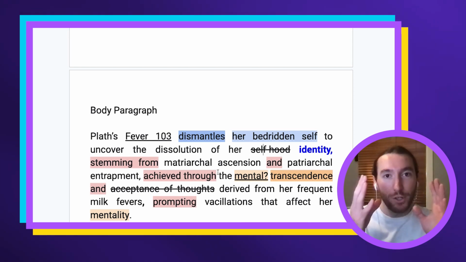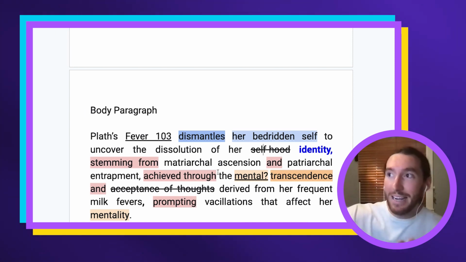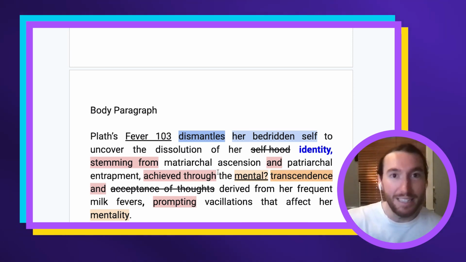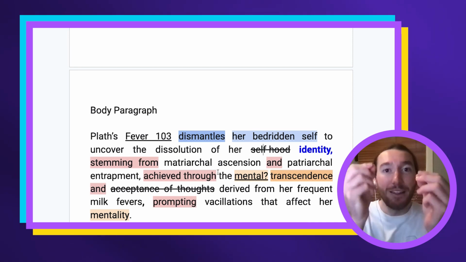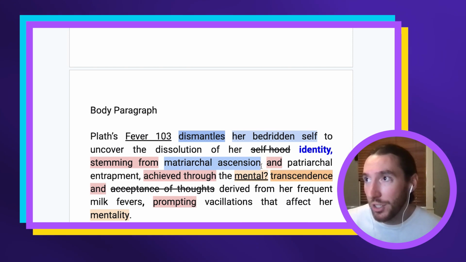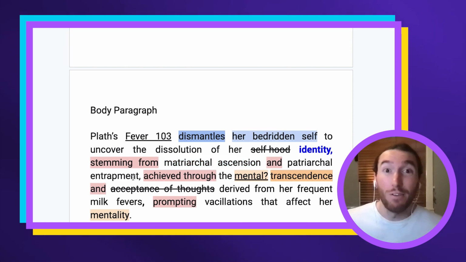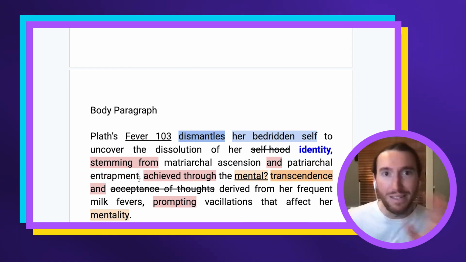It's more impactful to just focus on one thing, even if it's true that there is something else that's relevant. It doesn't mean you should just list everything. Okay, save up the patriarchal entrapment point or the matriarchal ascension point for somewhere else in the paragraph. Try and just restrict it to one thing. Otherwise, you are diluting, lessening, weakening the importance of each individual thing you're saying there. Because now I'm thinking, okay, it's stemming from matriarchal ascension and patriarchal entrapment. It's a little bit confusing in a sense because you've just said and there are these 2 things and I have to try and distinguish between them. And I'm not really focusing as much on each particular thing. I'm trying to balance my attention between the 2.